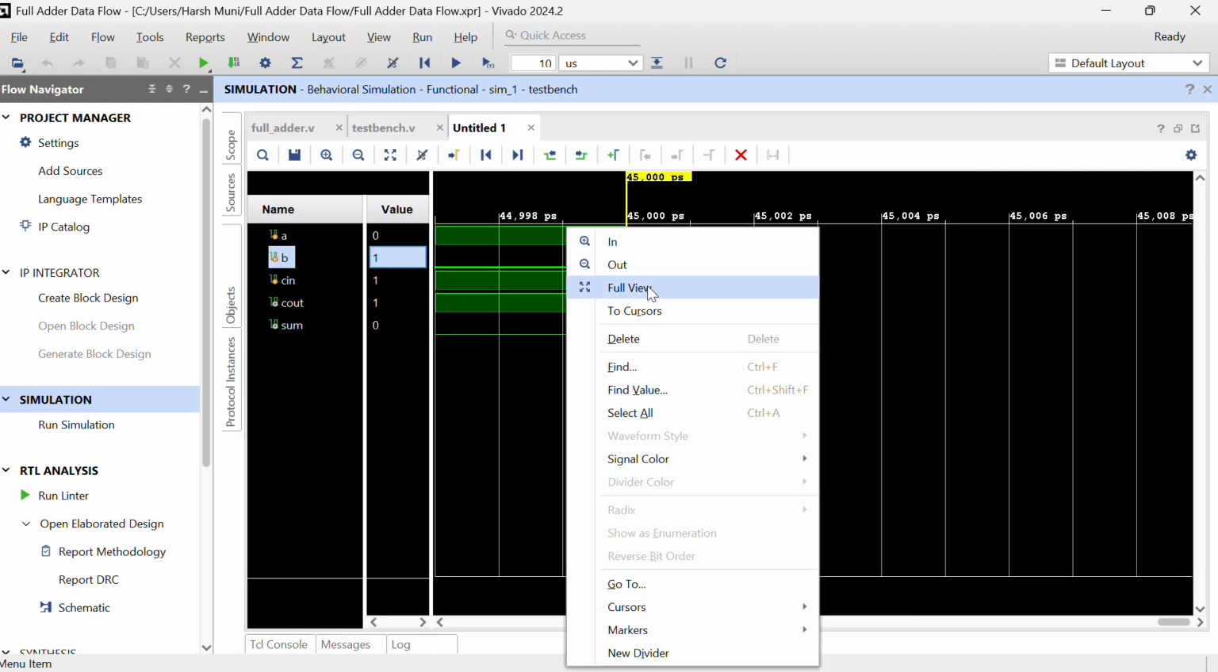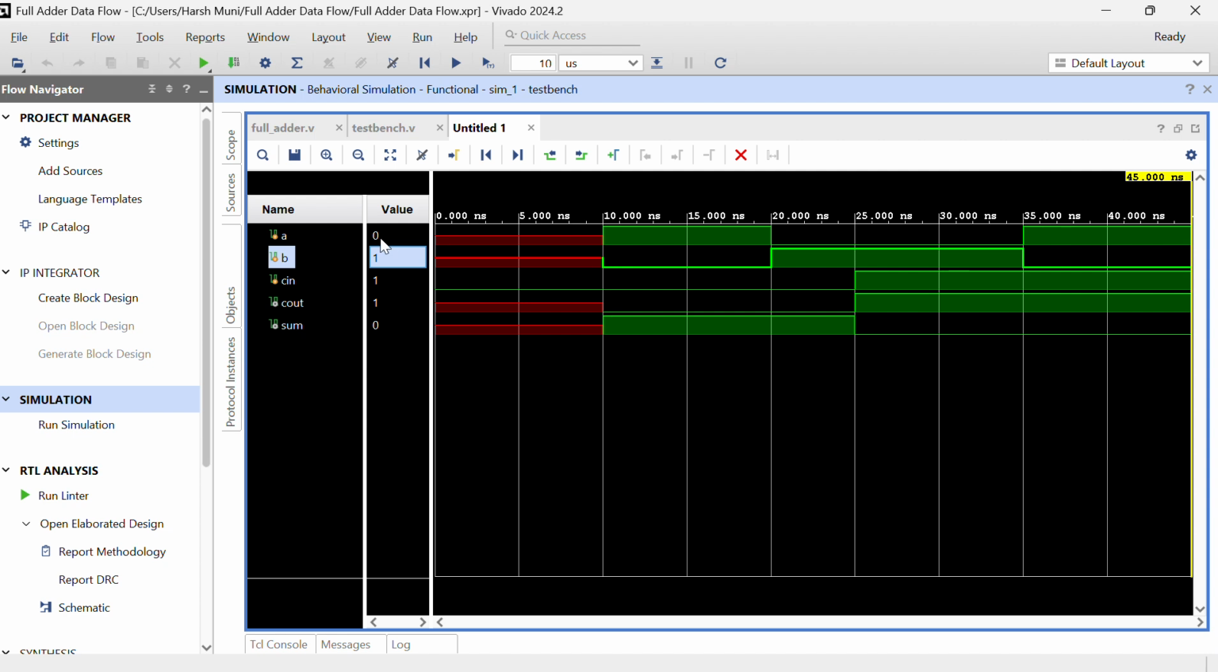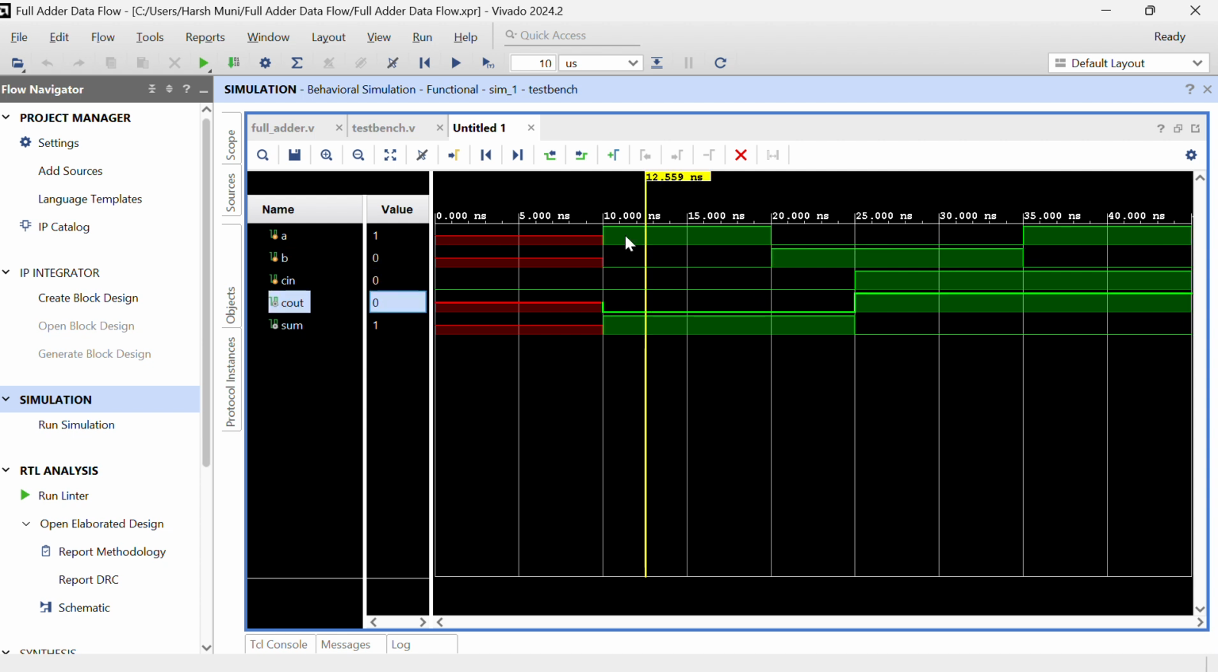We will minimize this. We will open this file. We will go in full. We will see from here, at 10 seconds, that A is 1, B is 0 and C in is 0. So C out is